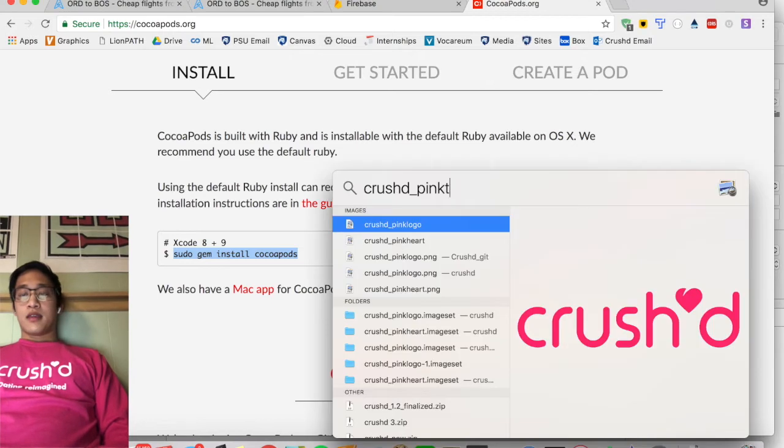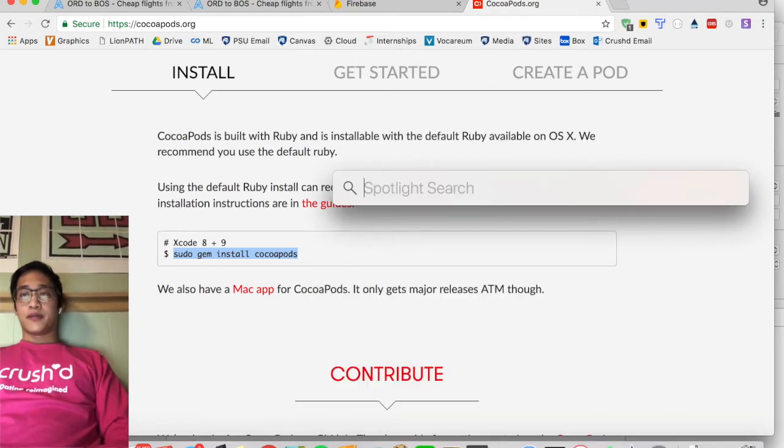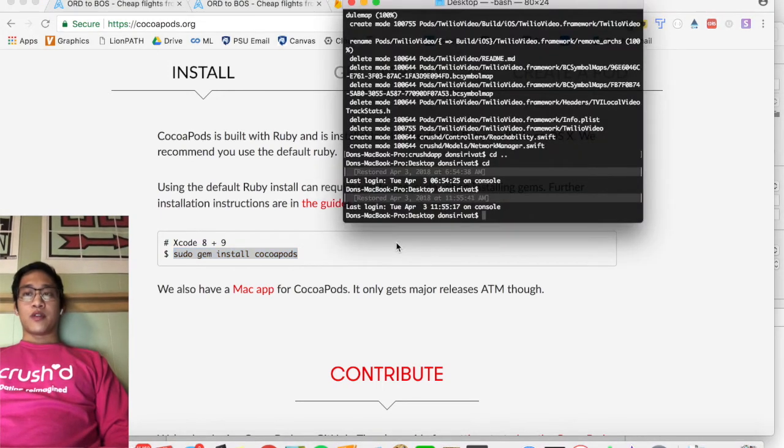All right, then you're going to go to terminal. If you guys aren't familiar with terminal or Unix programming, don't worry about it for now. If you want, leave me a comment below saying if you want a quick tutorial on basic commands and how to navigate the terminal. But basically, I'm in here,